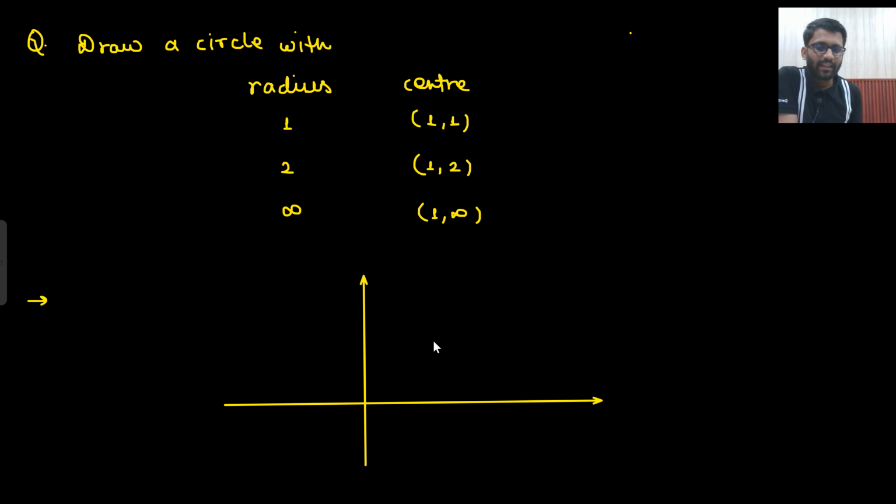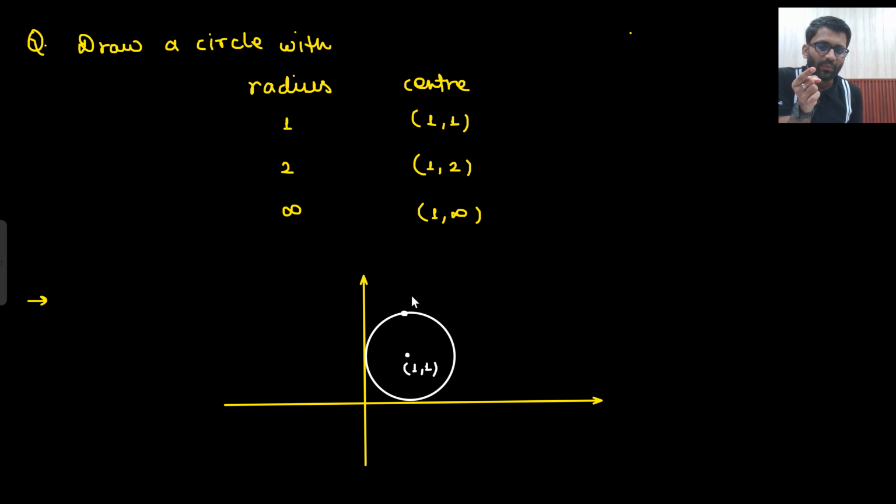So first one, center is at 1, 1, from here 1 and from here 1. So center is at 1, 1 and radius is also 1. This distance would be 1, this distance 1, this distance 1, this distance 1. So simply it would be a circle. This is the center 1, 1 with radius 1. So this is the first one. Then